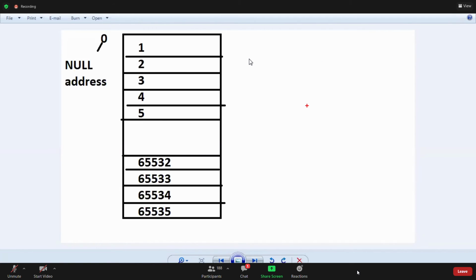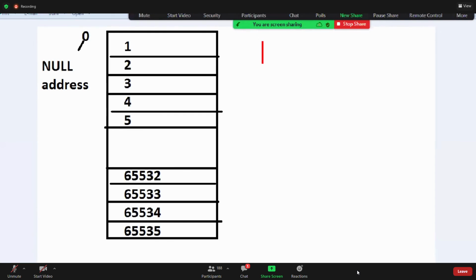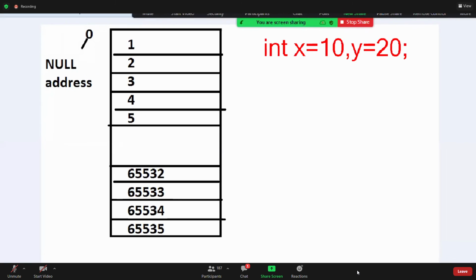If I write int x is 10, how will this data be stored? For example, int x is 10, and I am writing y equals 20. Listen carefully. First the x value will be stored and next the y value will be stored. In these 2 bytes the x value will be stored. First it checks whether data is there or not. If there is no data, it uses the next 2 bytes. If data is there, it goes to the next 2 bytes. That is the sequence. We cannot say exactly which address it stores at. Always it will fill from bottom to top.